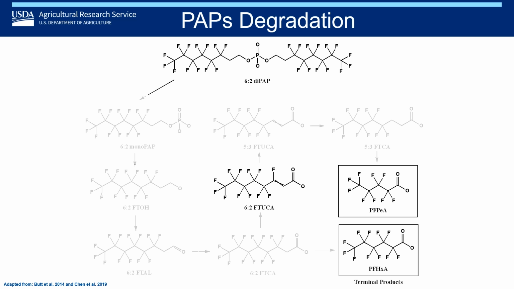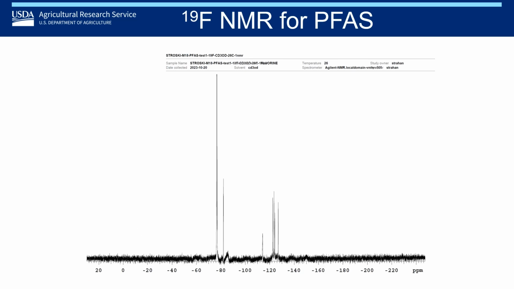One interesting fact to note about this data is that only around 20% of the TOP analysis is actually explained by this compound 6,2-FTUCA. So we attempted to use fluorine NMR to try and explain or find out some of the other compounds that might be present within these precursors that are creating the breakdown products. At this time, we haven't been able to really glean too much off of this, but the fluorine NMR is a very interesting and upcoming approach that can help us explain the total PFAS, and this tall line all the